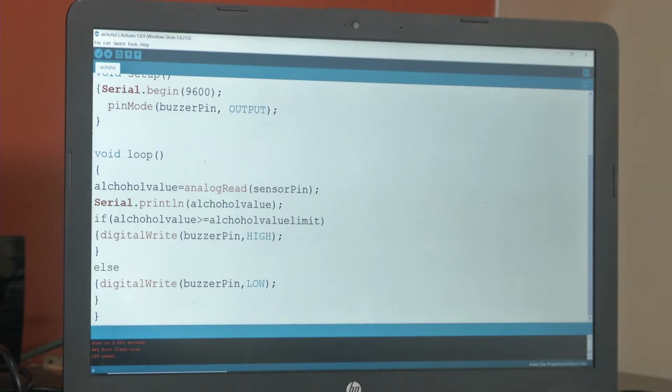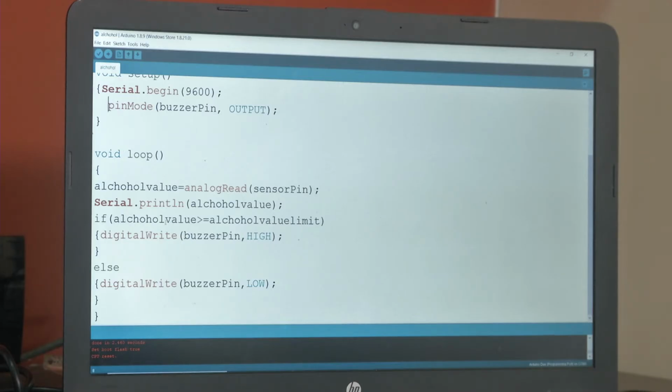That means whatever value we get from A0, where the sensor pin is connected, will be stored in alcohol value. It will be printed in the serial monitor also, and you must be experienced with embedded C or most of the C++ or C. You will be familiar with the syntax. It's simple, even if you are not used to it.